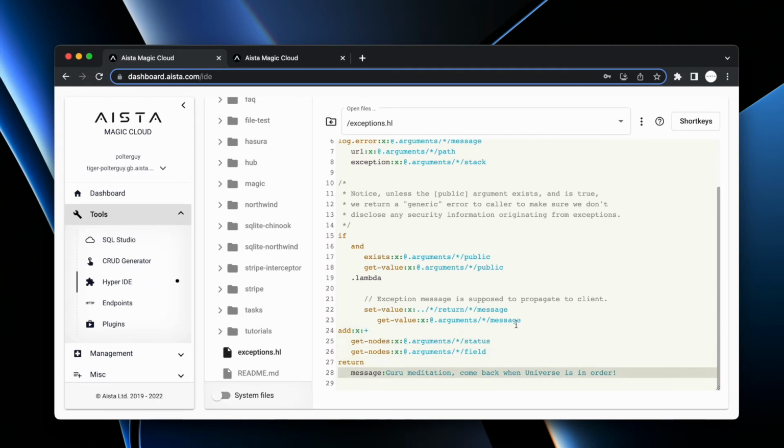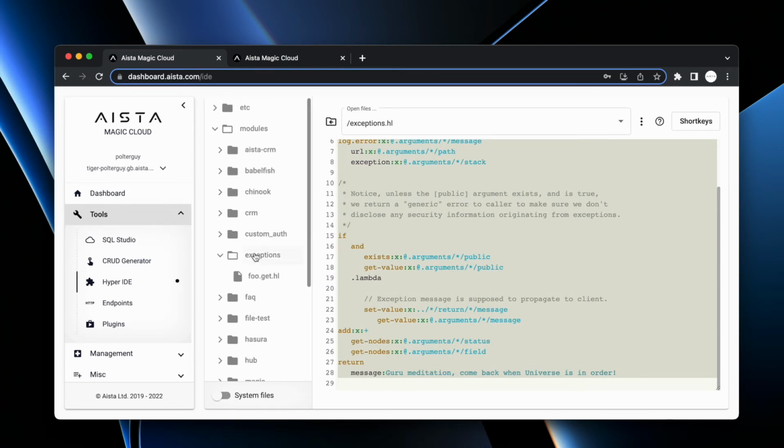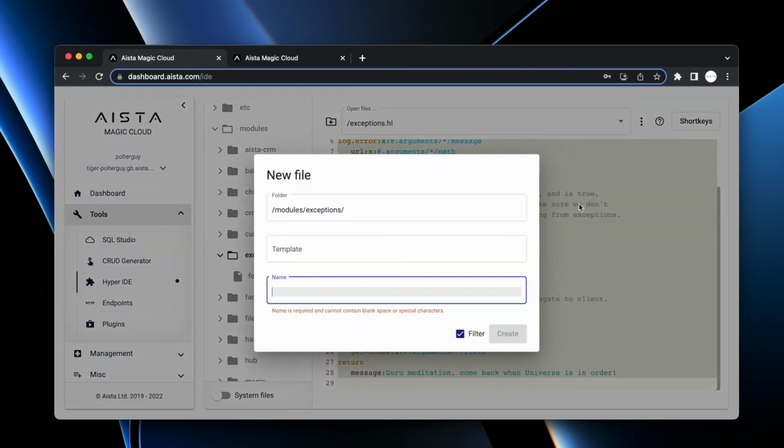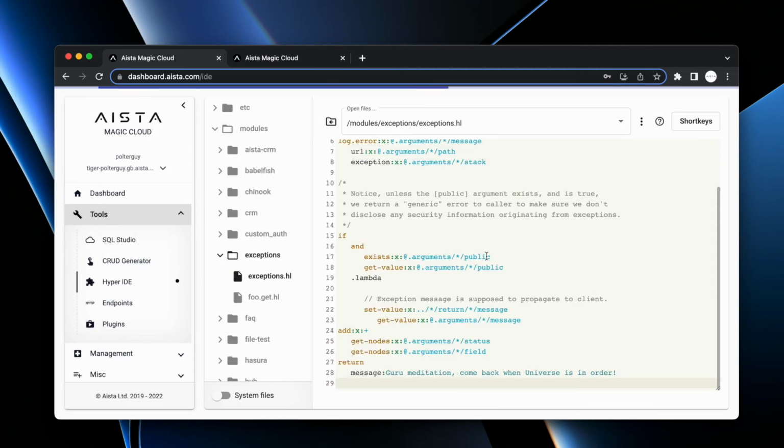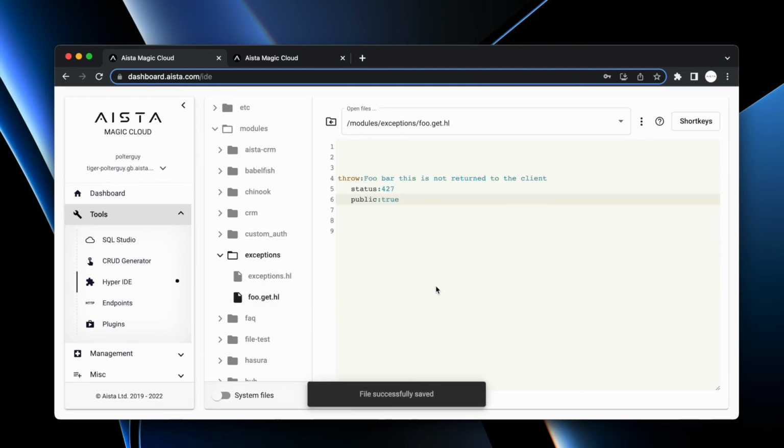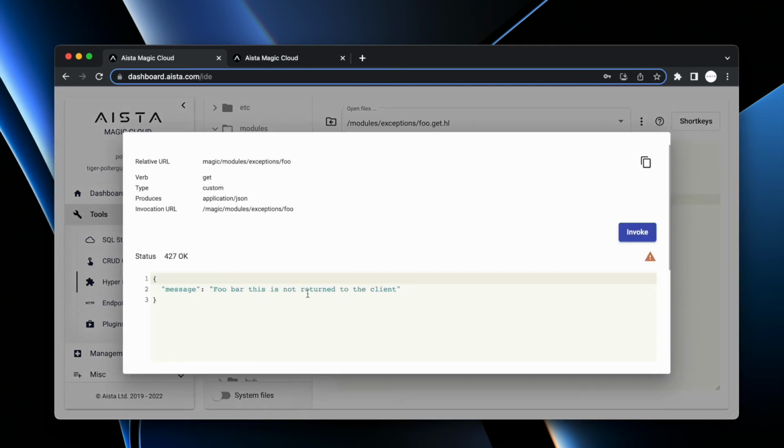order. We now copy this guy, and we choose our exceptions folder. We create a new file. We call it, it must be named exactly exceptions.hl. Like everything else in Magic, everything is by convention. We can paste in the code here, and we can translate it to, I don't know, Buddha meditation. Something went south. Save this guy. Now if we invoke the foo.get.hl, you will see